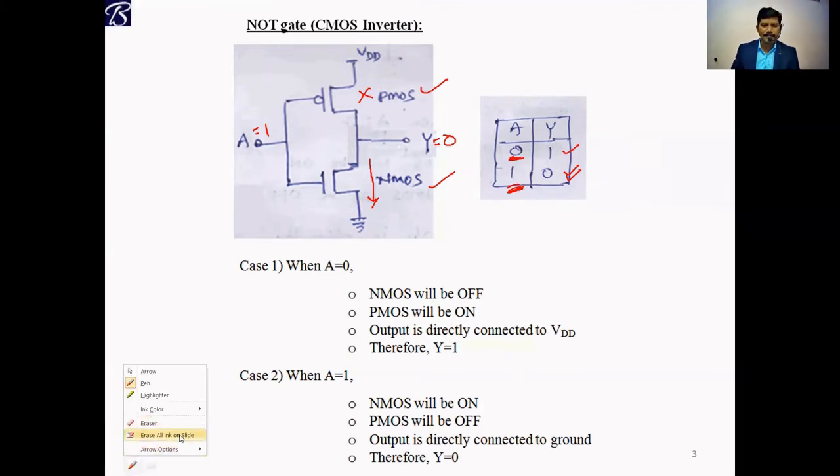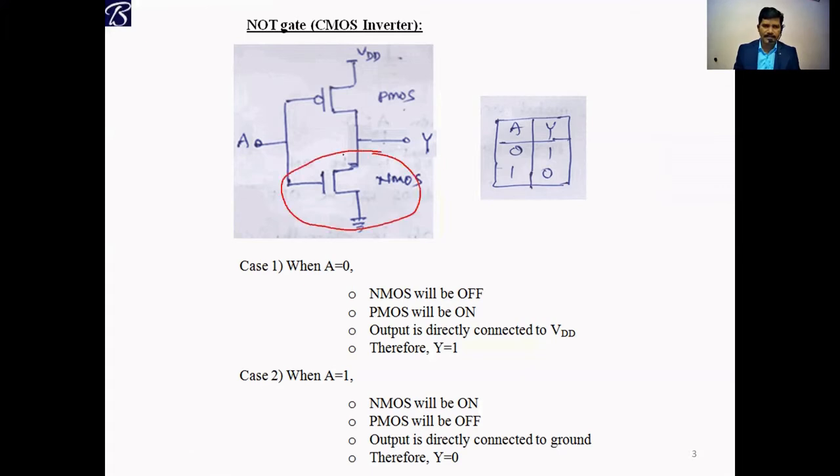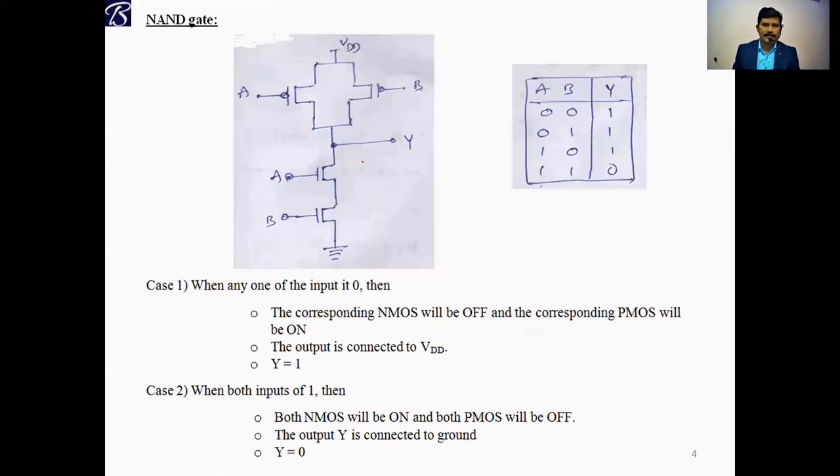What is the conclusion here? Suppose you give A here, this part is A. Coming to the NMOS part, the same A. For the PMOS part we have to put the bar, because the PMOS acts as the inverter. Let us observe this NMOS region. A, B are the inputs, and for the complementary, these A, B are connected at the PMOS region.